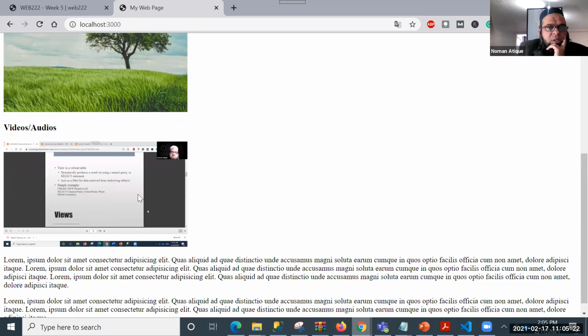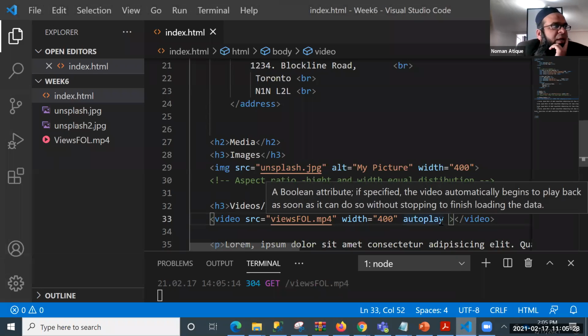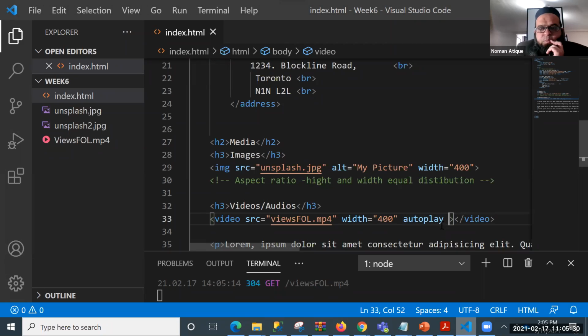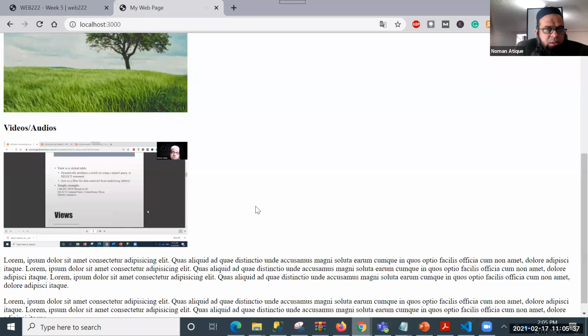It's not running. Why not starting? Have I saved it? Yes. Now see, it's running.